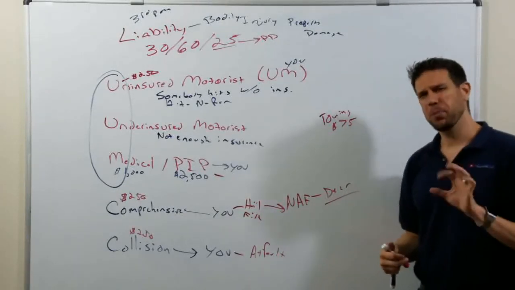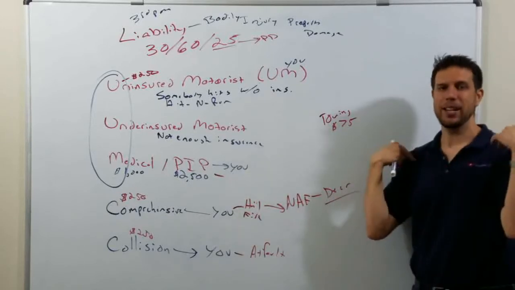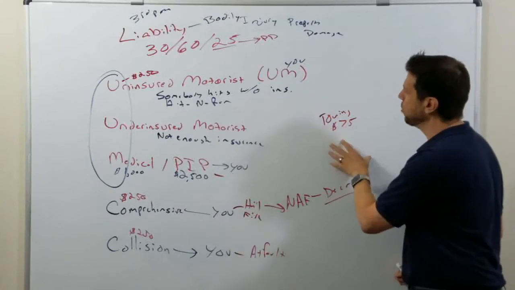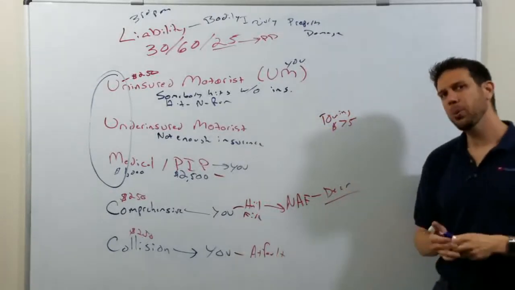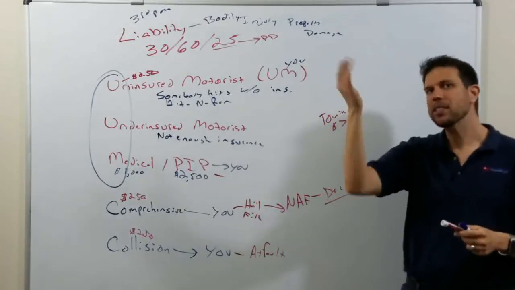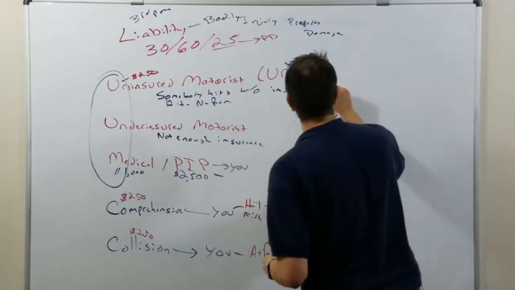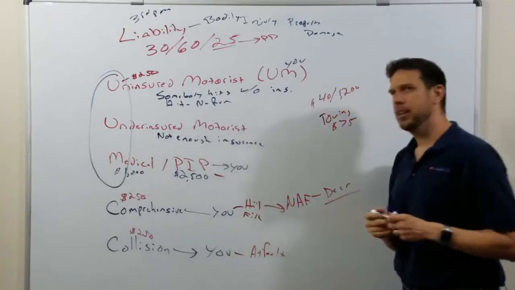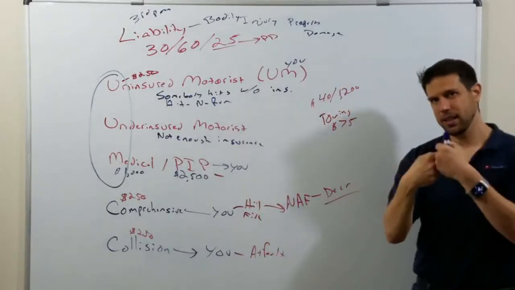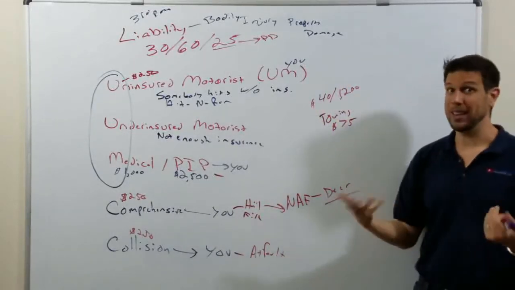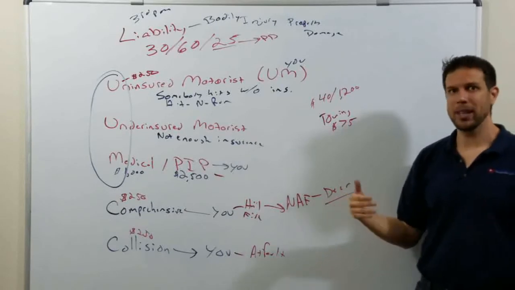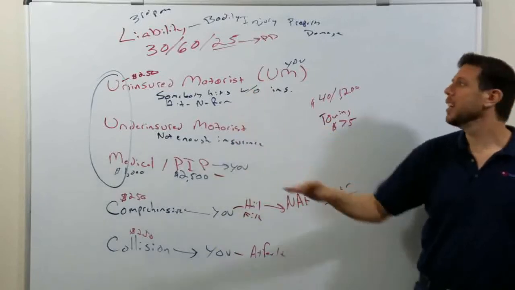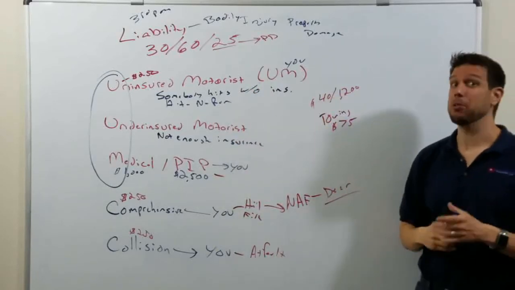I'll give you a quick piece of advice. As an agent, when you sell somebody rental reimbursement or towing, always give them good limits, like at a minimum $40, $1,200. Because when a person gets in an accident, they're going to remember the rental car that they had. If you only give them one that gives them a super small car, and they're used to a big SUV, because you didn't give them enough money, they're going to be really mad at you.